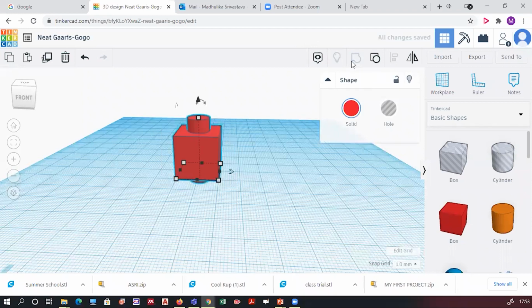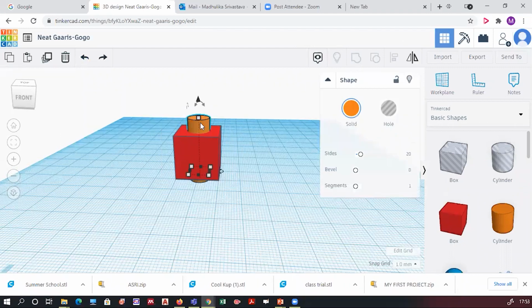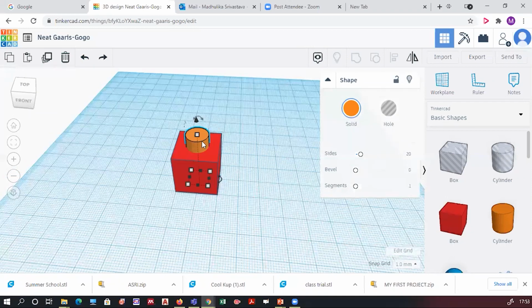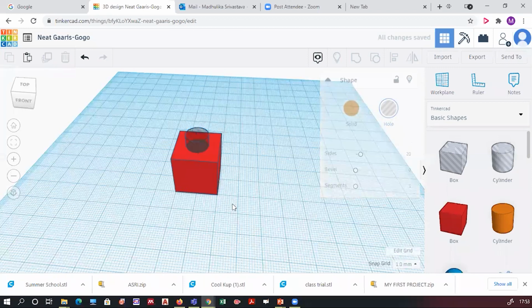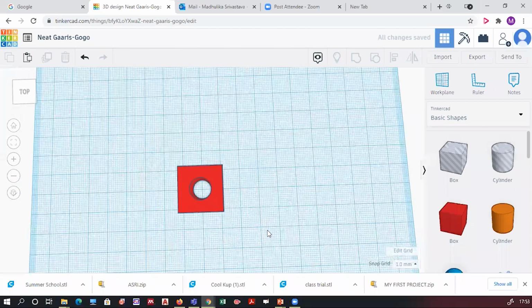Sorry, before that, what you have to do is select the cylinder only and convert it into a hole. So I came one step back. First I will select the cylinder and convert it into a hole. After converting into a hole, I will select both the objects once again and group it. The moment I group it, the hole is generated.